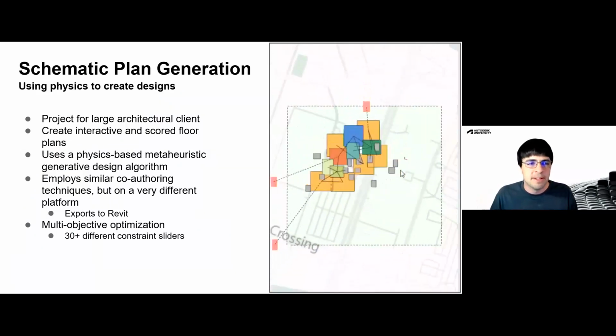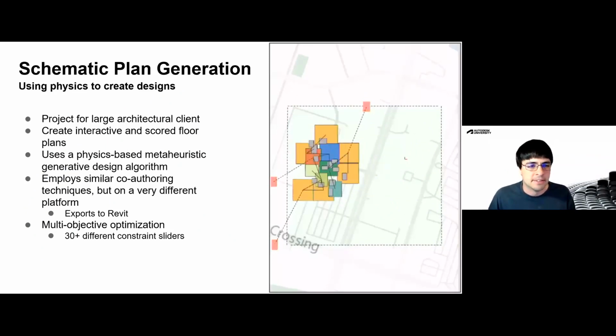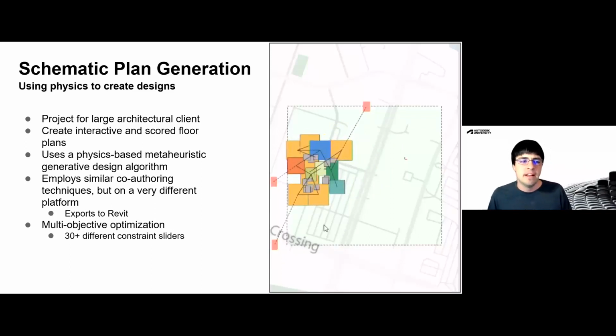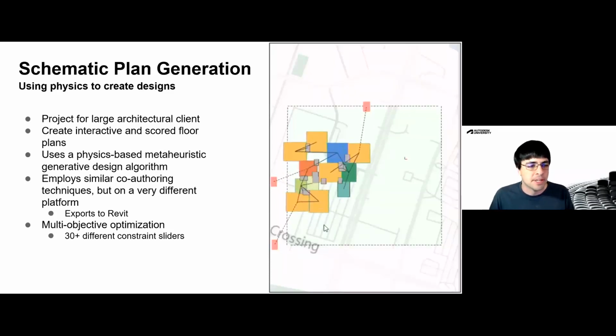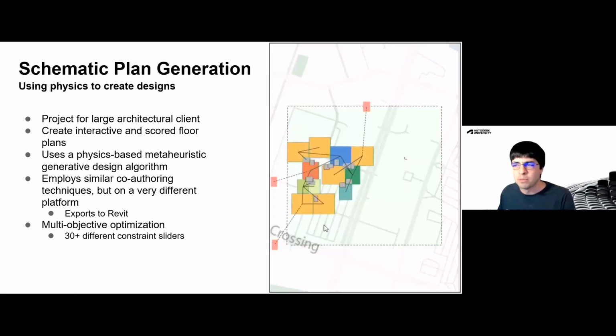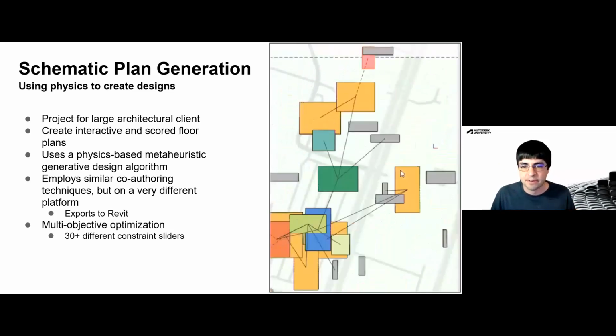So one example, we made this schematic plan generator for this large architectural client. And what it does is creates interactive scored schematic floor plans. And it uses a physics-based metaheuristic generative design algorithm, which we know what most of those words mean, right? It's really cool. It employs similar co-authoring techniques. It's on a different platform, but it still communicates with Revit. It's still multi-objective optimization. This one has like 30 sliders, right? The Henderson, since it was such a box problem, I think it had 2 or 3, depending on which build you're looking at. I give a whole talk on some of these algorithms. And then we have